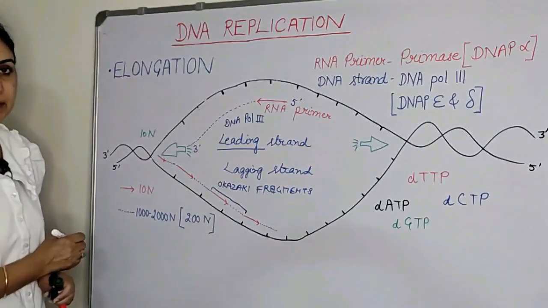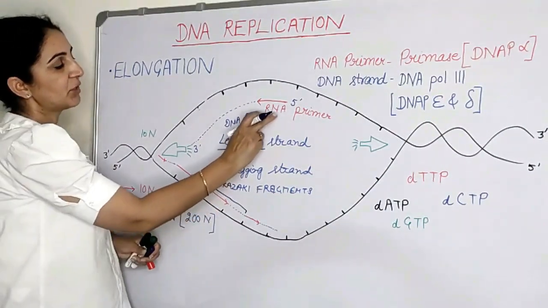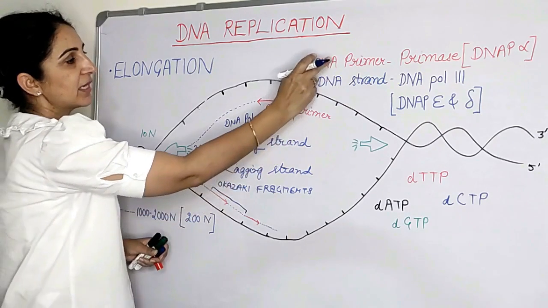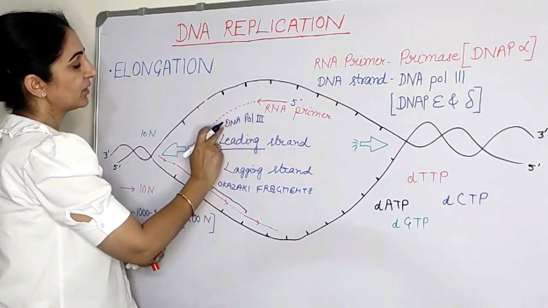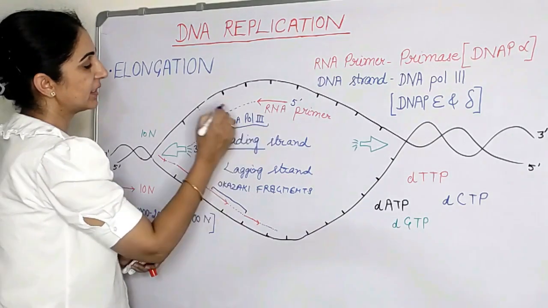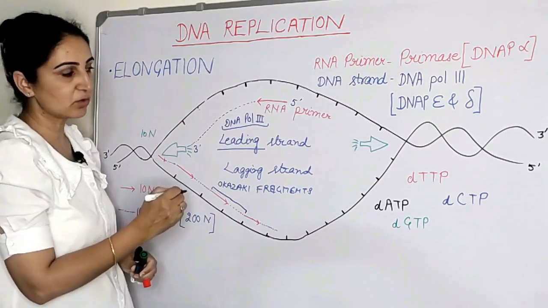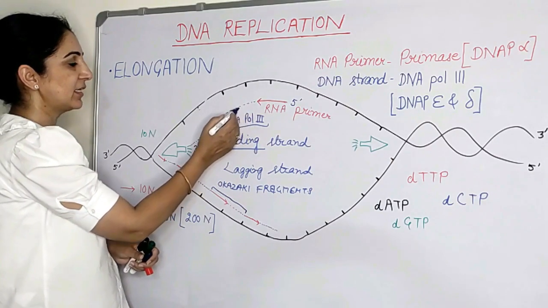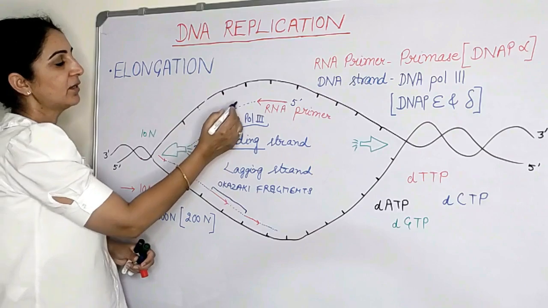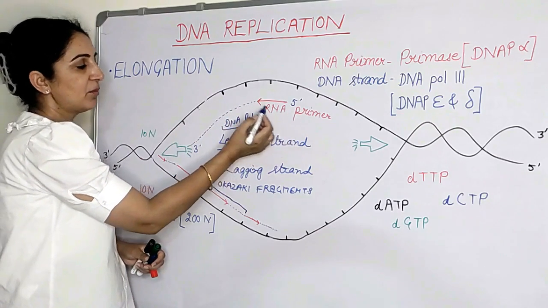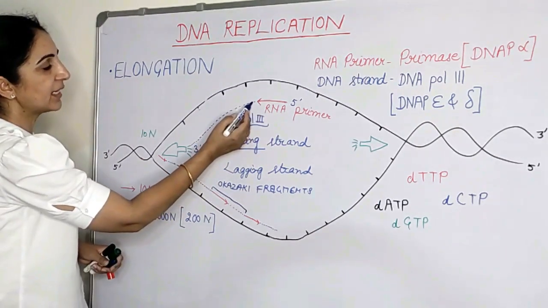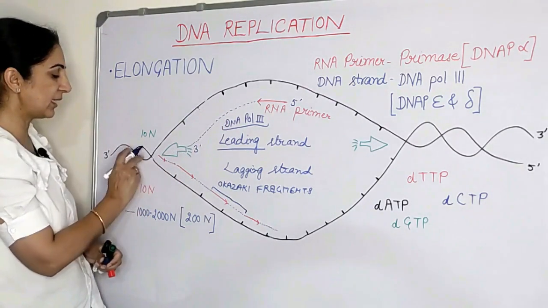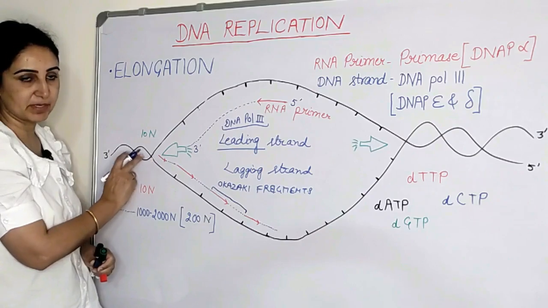So this is how DNA replication occurs. First there is a synthesis of RNA primer by the enzyme primase, then the enzyme DNA polymerase 3 comes in the case of E. coli, and this enzyme synthesizes the new DNA strand over the RNA primer, and this strand gets synthesized in a continuous fashion and it moves towards the ends already getting separated.